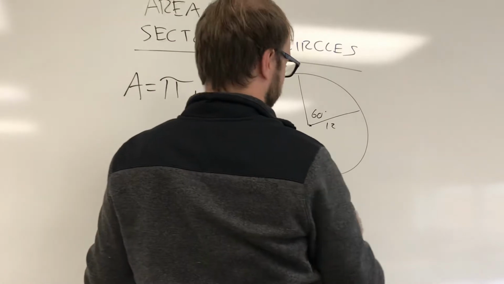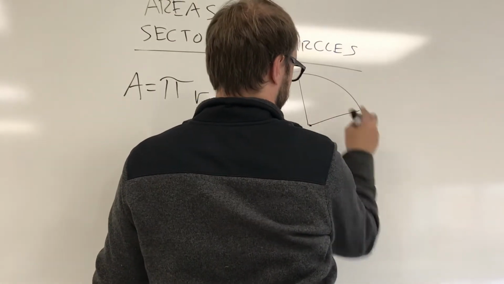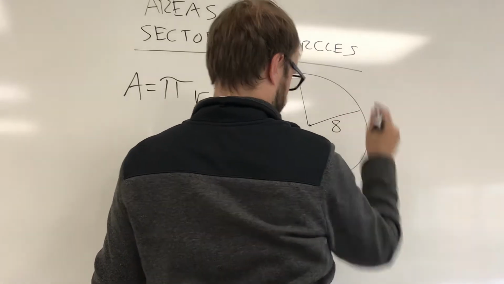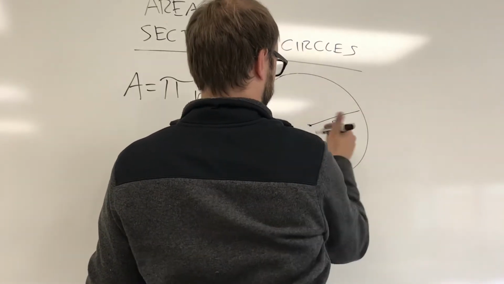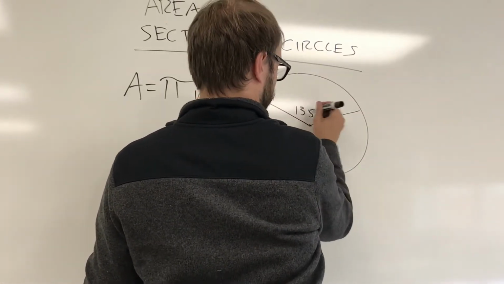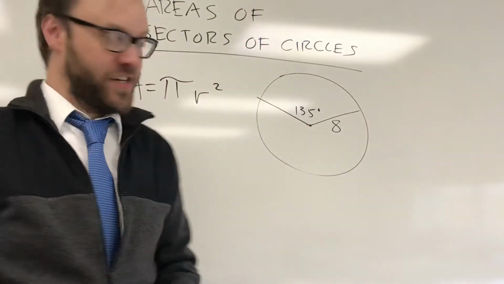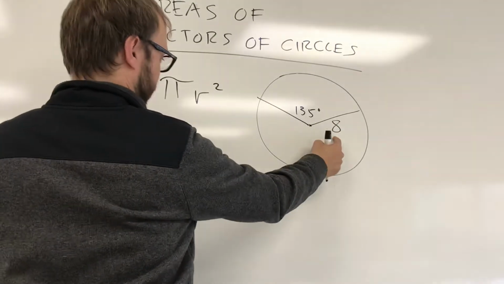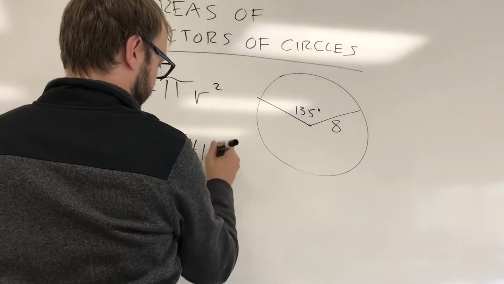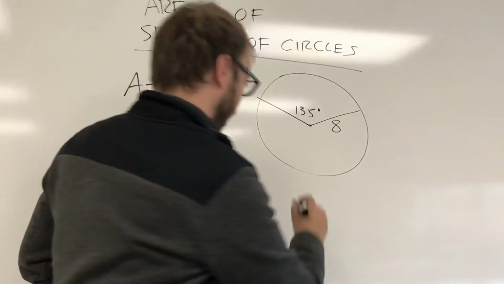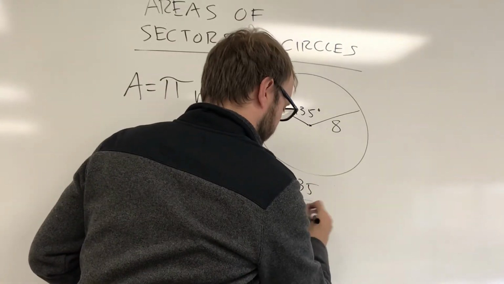All right, let's say that I had a circle that had a radius of 8, okay? And let's say that I had a 135 degree angle. Okay, that one's a little bit less known by people. So same kind of thing as before. Find the area of the original circle. 8 squared is 64, times pi is 64 pi, okay? 135 is your part out of a whole of 360,